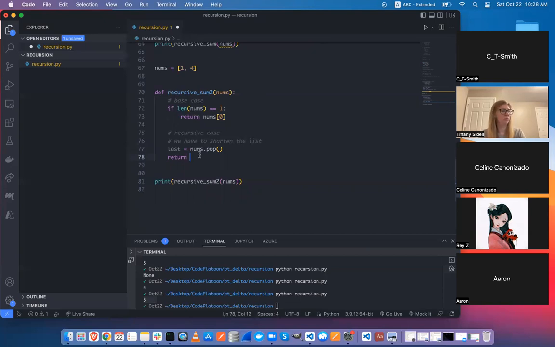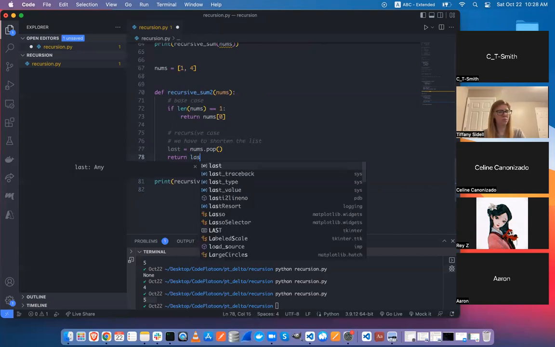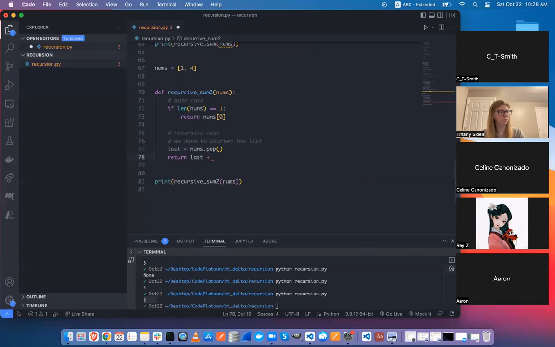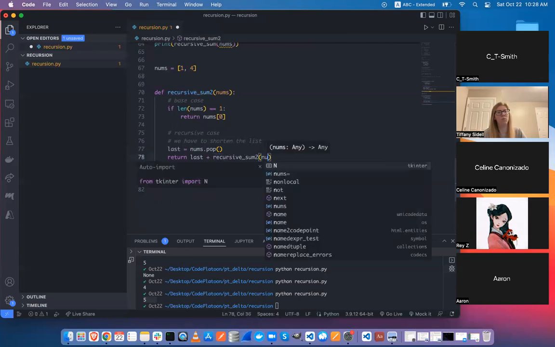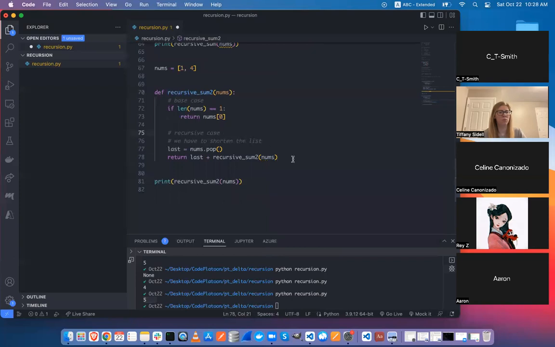And then what I want to do is I'm going to take last and add it to whatever gets returned from calling recursive sum with the remainder, with the remaining values in the list. So that's kind of the conceptual trick here, is that I'm postponing